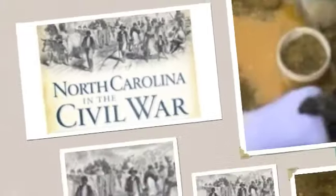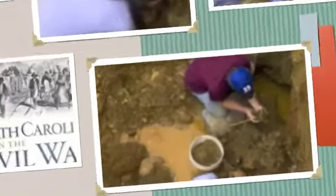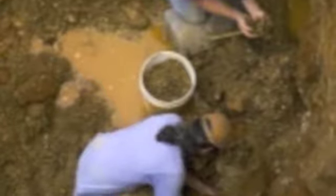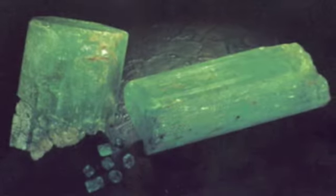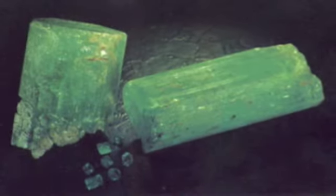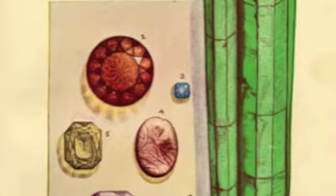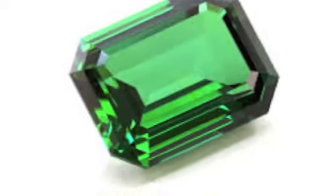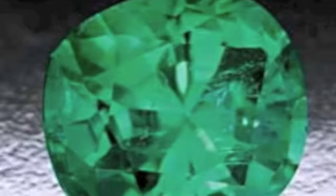The tar and clay agriculture in North Carolina provides our soils with the nutrients it needs to produce many precious stones. In 2003, the second largest emerald ever found was unearthed in Statesville, North Carolina. North Carolina is home to more than 300 species of minerals, but the emerald was chosen as our state symbol in 1973. The most famous emeralds found in North Carolina include the Carolina Emperor, the Carolina Prince, and the Carolina Queen, the largest weighing in at